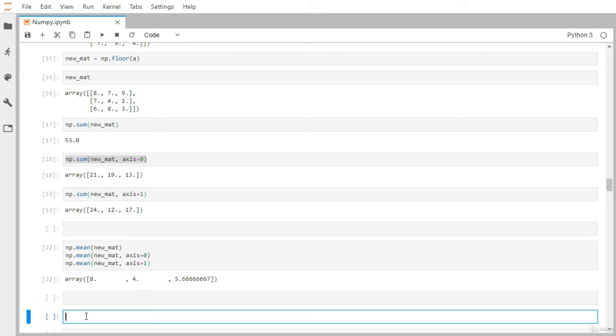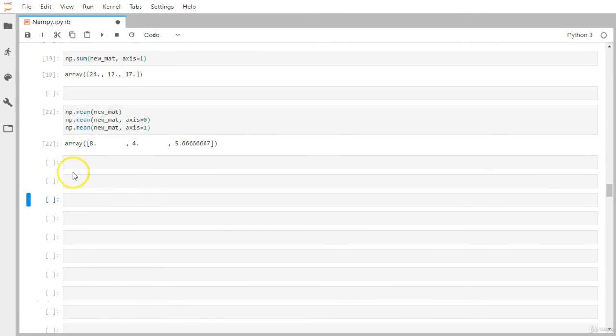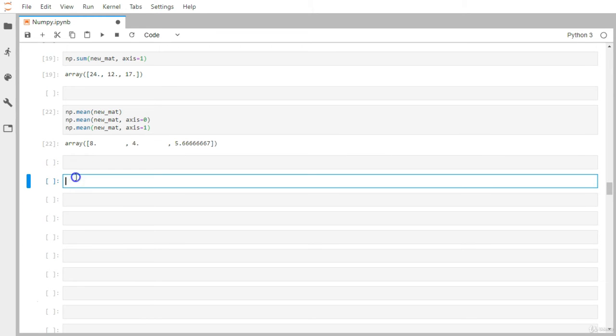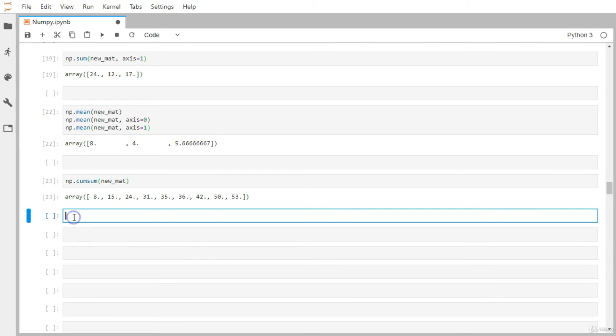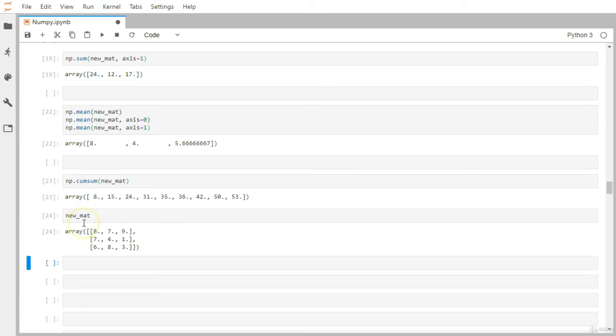Let me create a few more cells first. Let's say you want to find a cumulative sum. So you can use cumsum, simply pass new_mat, and let me execute it. Let me display the original matrix.